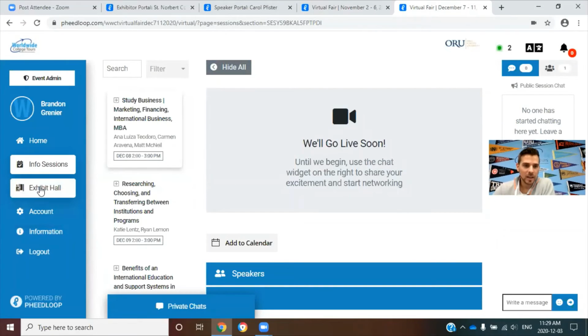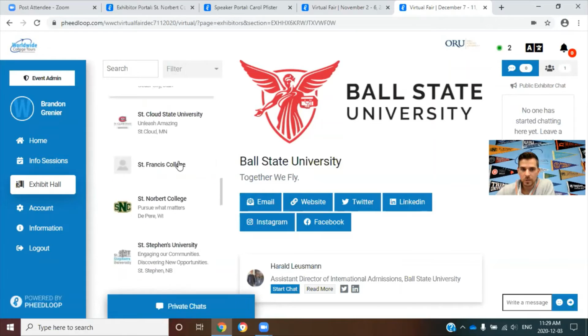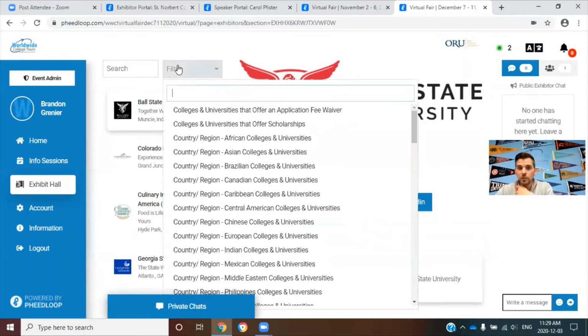All right, so next is the exhibit hall. Under the exhibit hall, you're going to have your filters, right? So all the universities are listed here, okay? Now you can search using the keywords. These were the searches for the keywords that we went over on the exhibitor profile. And the filters are those specific search filters that are, again, specific to your institution. So if I click here on any